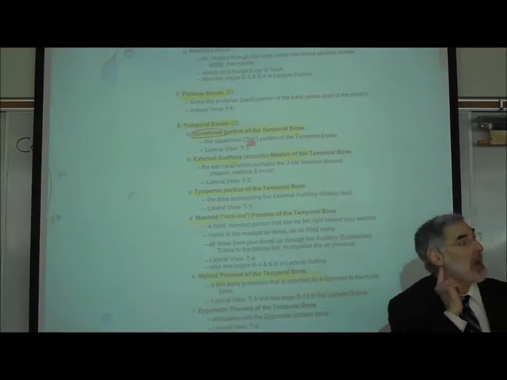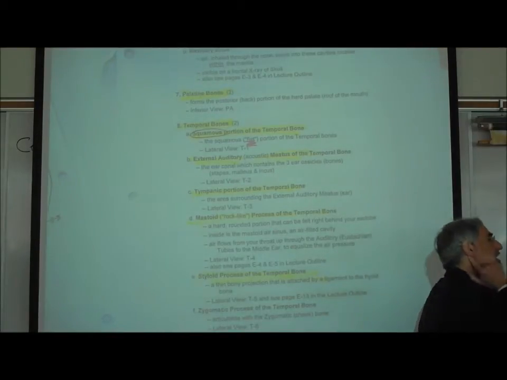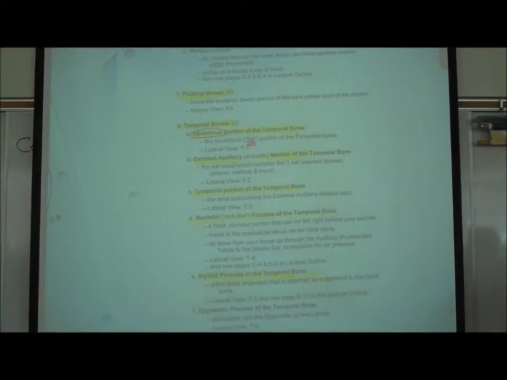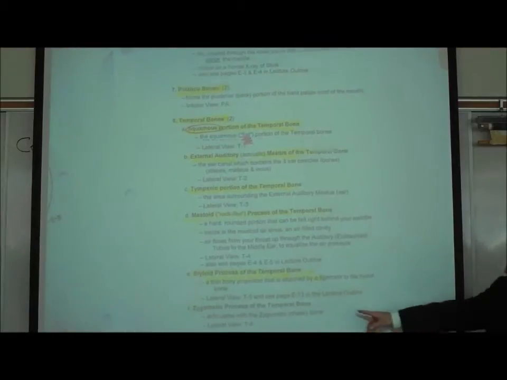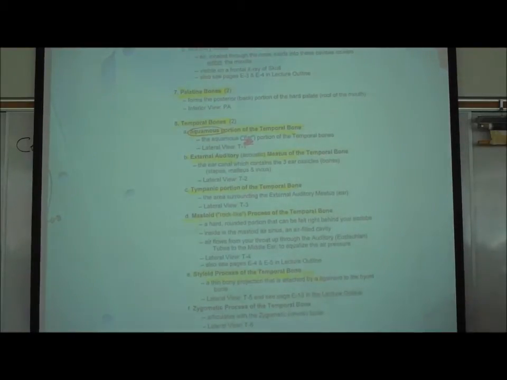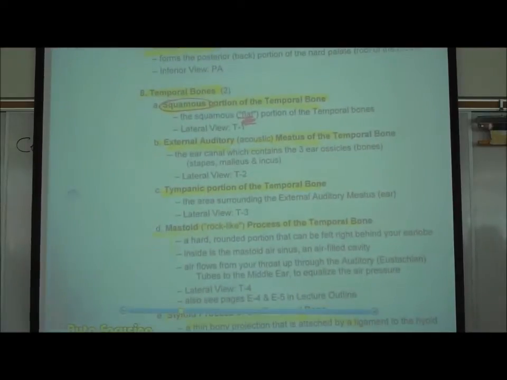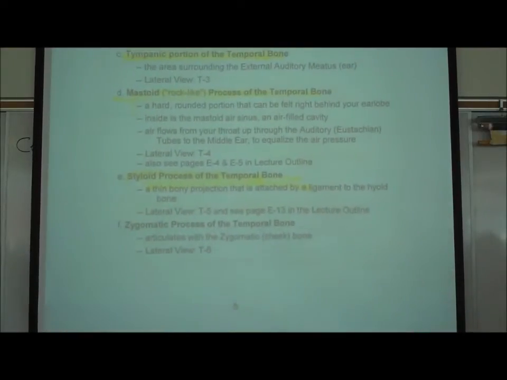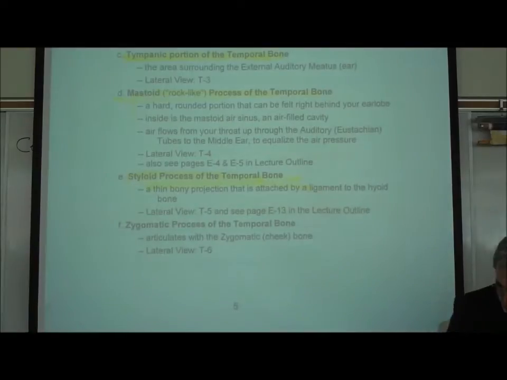Now, in fact, there's actually a hollow cavity on the inside. So even though it's real hard, it's actually filled with air. And that's known as the mastoid air sinus. Let me speak a little bit about the mastoid air sinus. You'll notice I have a note to see pages E4 and E5. That's what I wrote. See pages E4 and E5 in the lecture outline. So let's take a look at page E4 and then E5. On the bottom of E4,